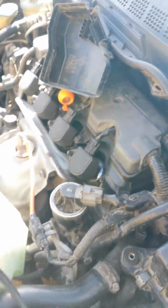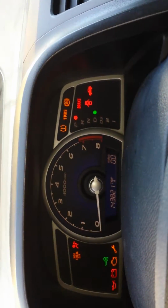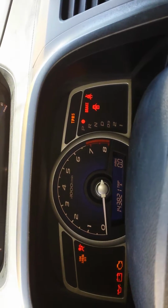This is my 2010 Honda Civic. The problem that I was having with it was cranking but no start. So it would crank but not start. I wasn't getting the green light and the red light. I tried everything with no help